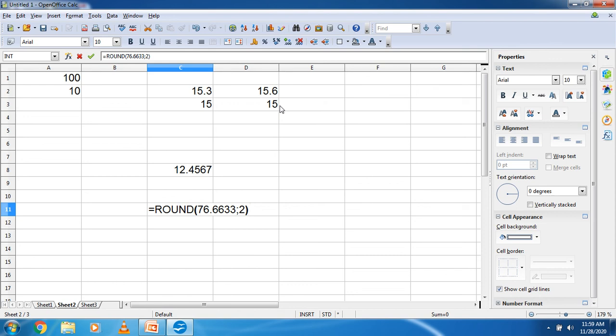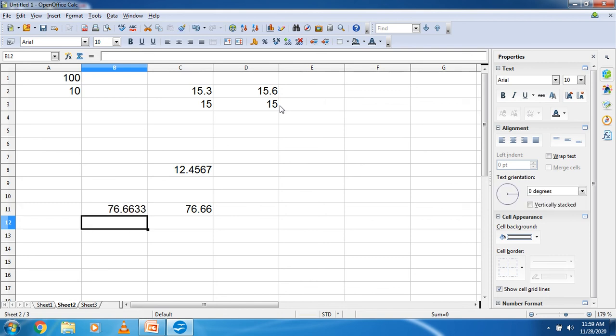Then what is the answer, students? 76.66. The original number I have written here is 76.6633. Now the second number, suppose 45.1634, and the third number is minus 56.5467.